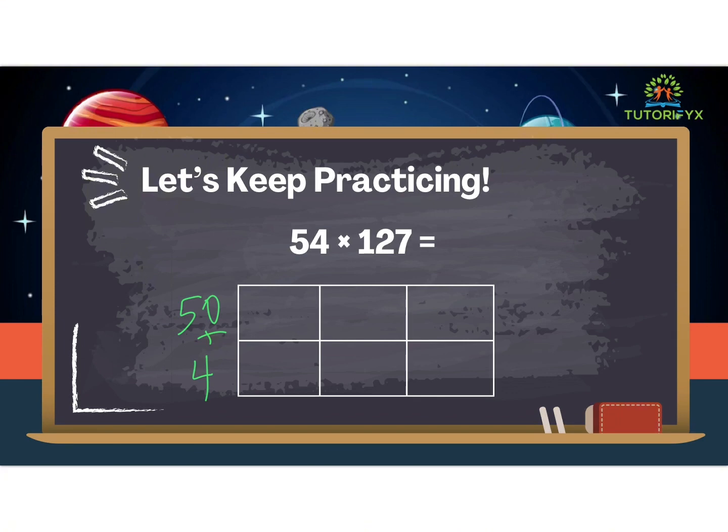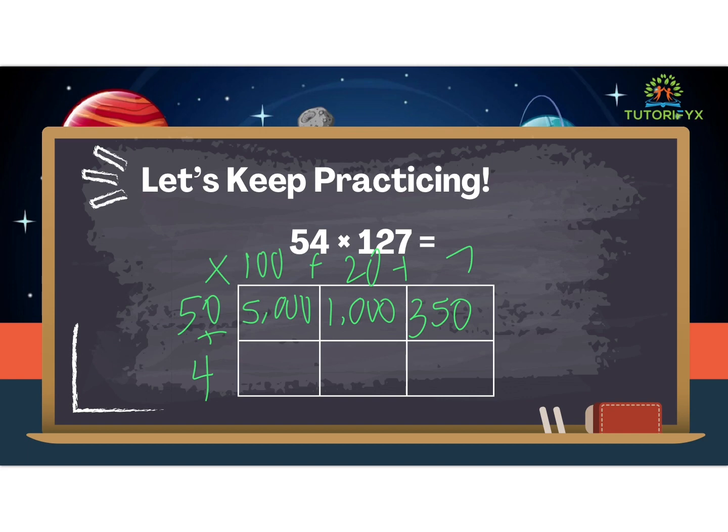Now break apart that 127 at the top. Good, you should have gotten 100 plus 20 plus 7. Now we're going to multiply. 50 times 100, 5,000. 50 times 20 is 1,000. 50 times 7,